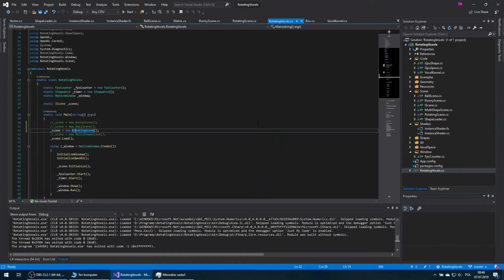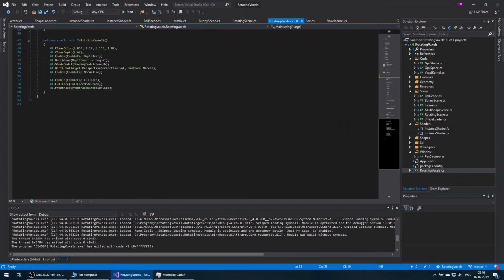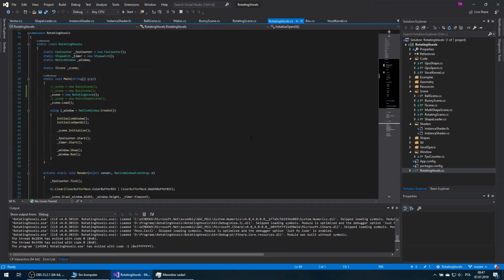And when it comes to OpenGL.NET, you can see that it provides very simple interface, so it's very similar to what we get in the C++. If you know OpenGL from C++ or maybe from Python, then it's very simple to actually write some code in C# as well. And I think that's it when it comes to this program. So you can see that, yeah, it's a C# code,